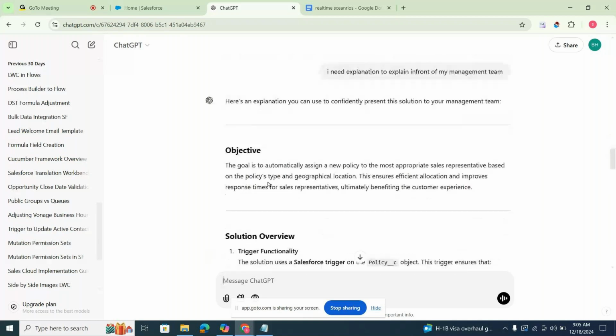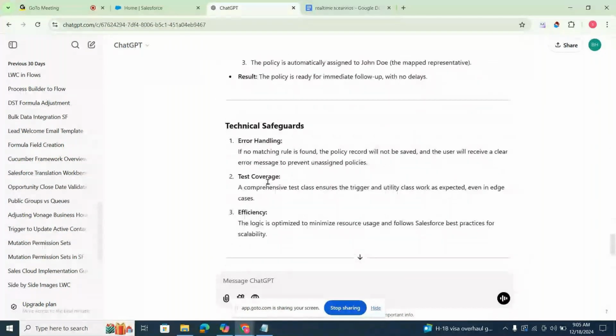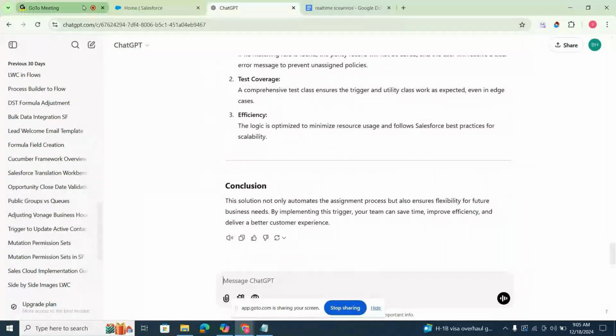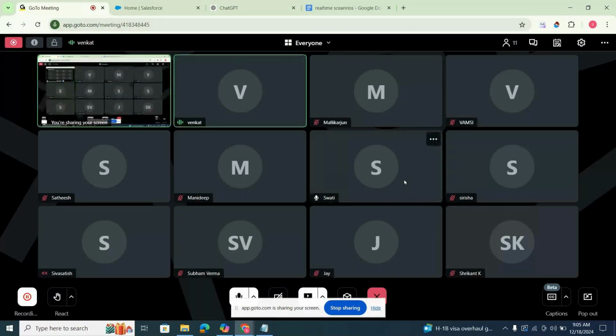That is why I showed this in the first class: because people feel fear of coding. Compared to the admin part, development is somewhat easy. In the admin part, they give a process and you need to implement it. But in development, it's just copy and paste; you can easily do the code. For example, if you have 8 hours of work, you can do it in 2 to 3 hours.